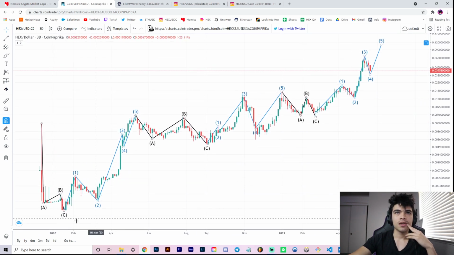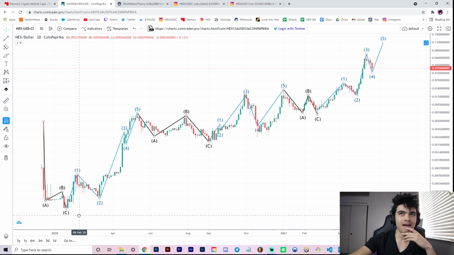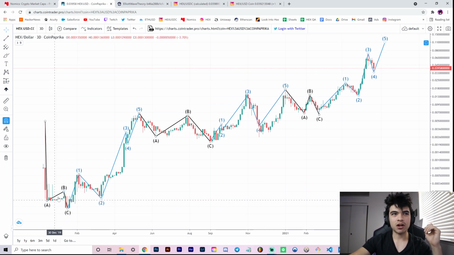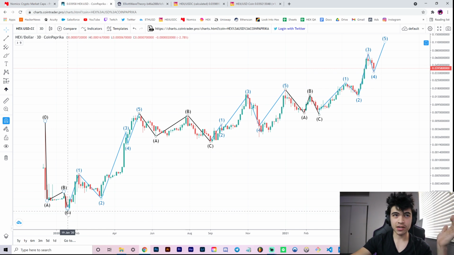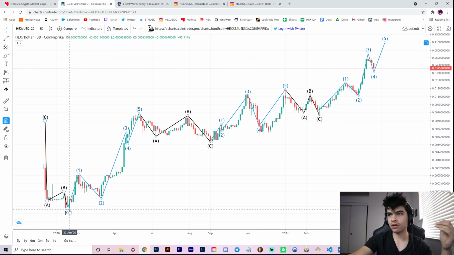So this is actually really messy. Should I start over? No, let's just leave it like this. So I started off the chart with what looks like an immediate ABC correction. I'm not sure, you don't even have to draw this part specifically. You can obviously start at the very bottom here at the global bottom, which was